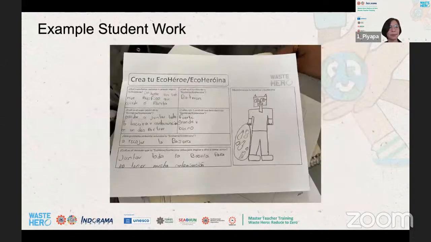Here is another example that you can adapt from the learning resources. We ask the students to create a Waste Hero, and the students draw it, getting inspiration from Batman, so they mix it together. The training materials also provide the form for the lesson activity, so the teacher can edit it and adjust the language to be flexible and fit the needs of any classroom.